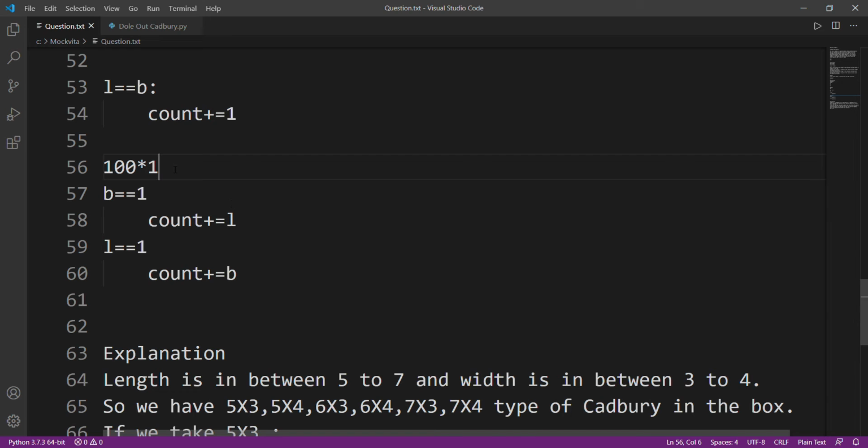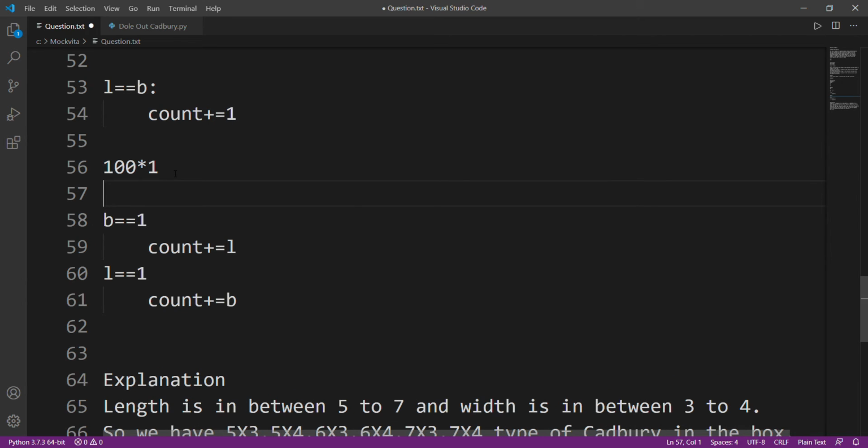And now we are going to take this implementation that we came up with one step further. How? If we look at certain more examples, we'll find out that this is not true only for one. This is also true for, suppose we have dimensions of the form L into B, and right now I'm assuming that L is larger than B. Okay, don't worry, we'll check it there. So L is larger than or equal to B.